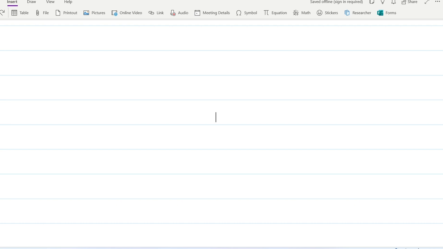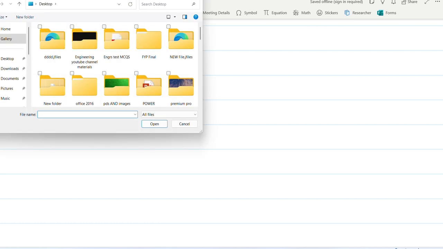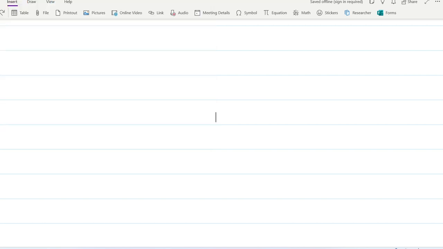available for you guys. And the first one is table. Then you can make tables by clicking on it, like in this way. Then if I click on this file, you can upload anything on your screen. From here, you can then print them out. Here is the pictures option. You can also insert pictures from file, from camera, or from online, if you have an internet